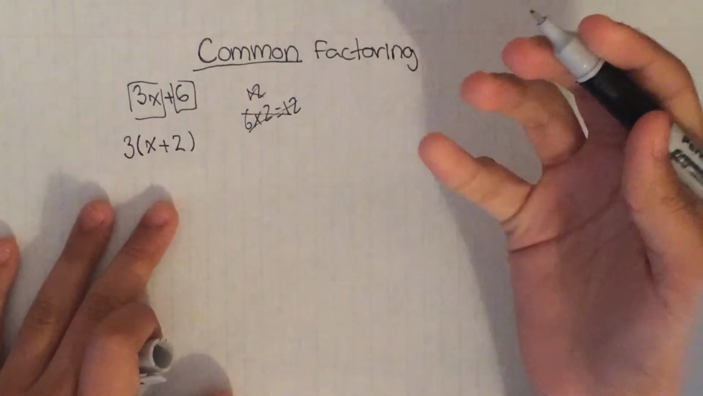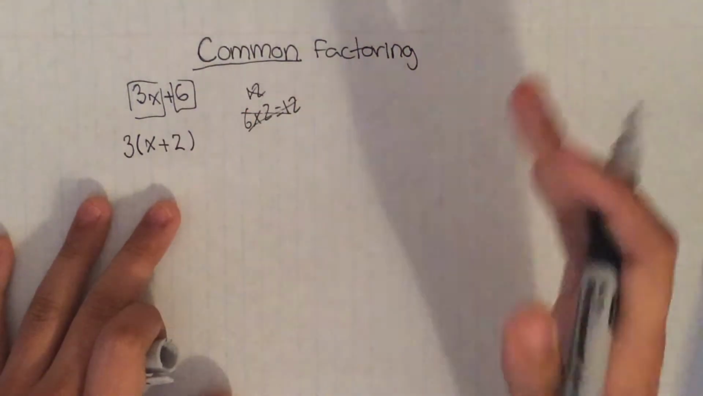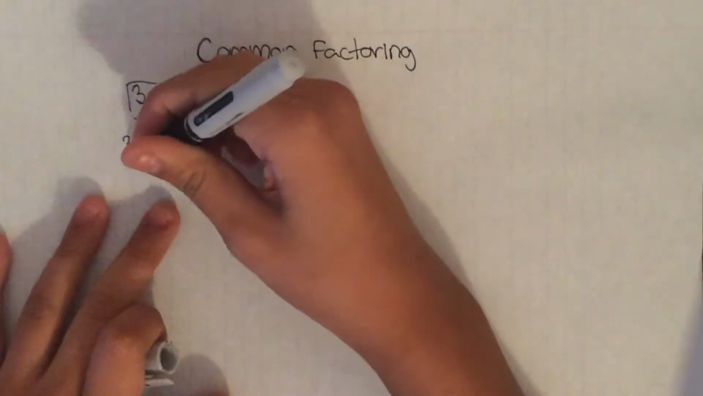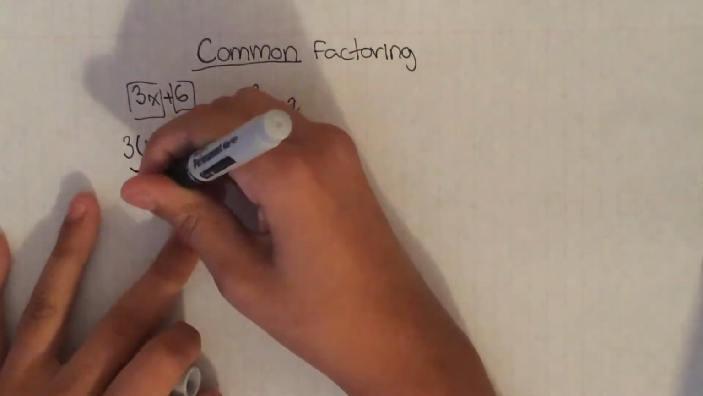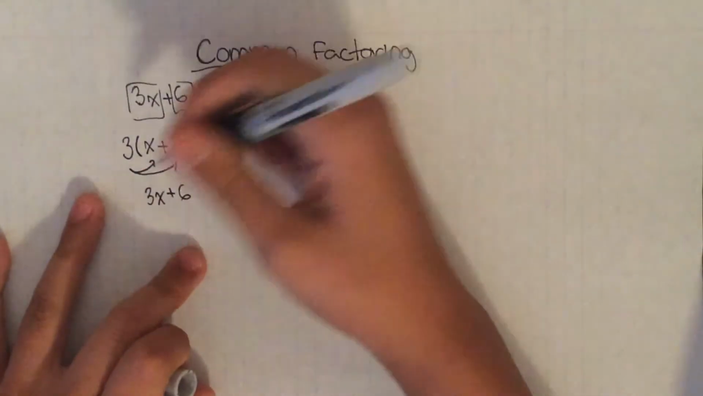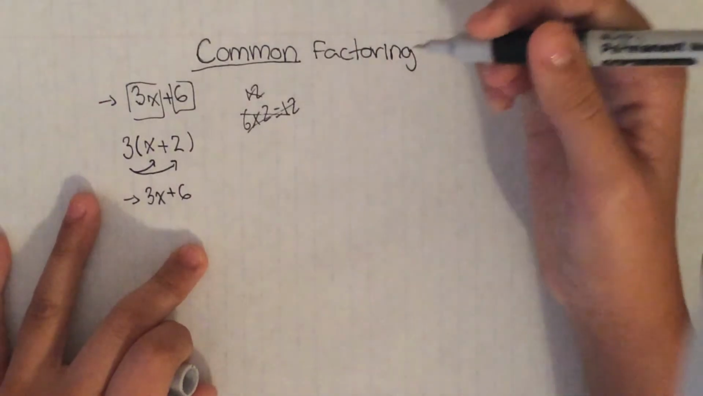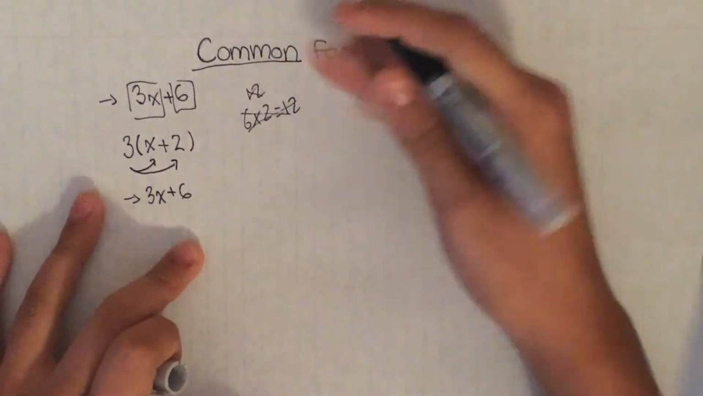And this is your answer. If you want to see if your answer is correct, you're just going to do what I showed you in the other video and expand. So it's going to be 3x plus 6. And if these two are the same, that means you did it correctly. Okay, here's another